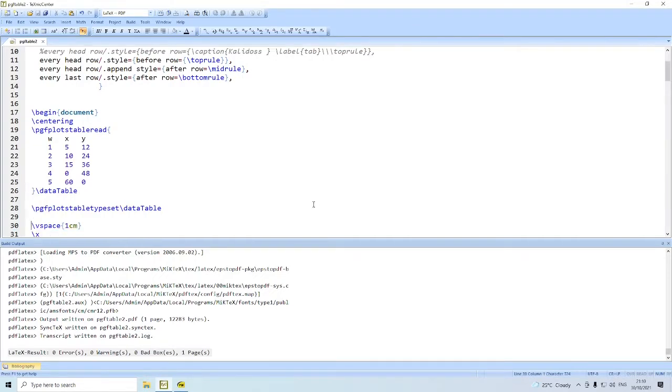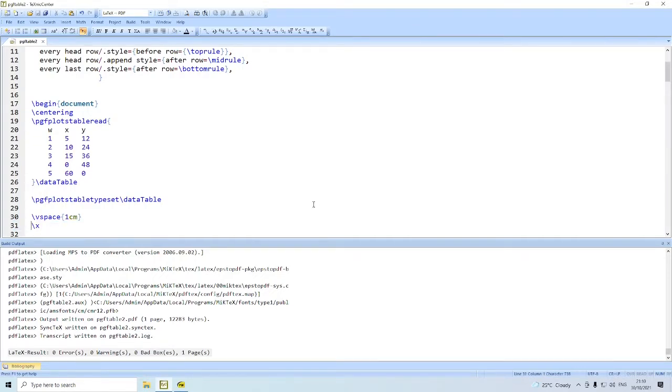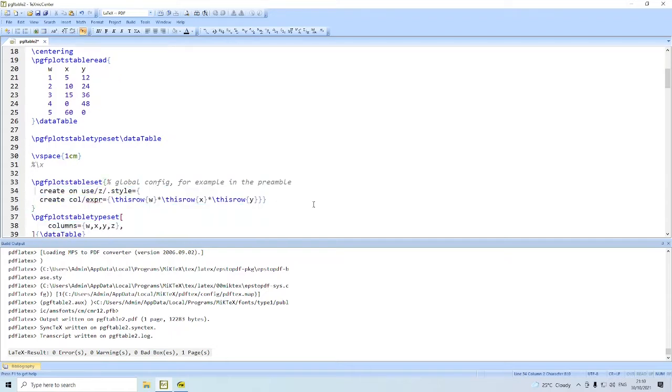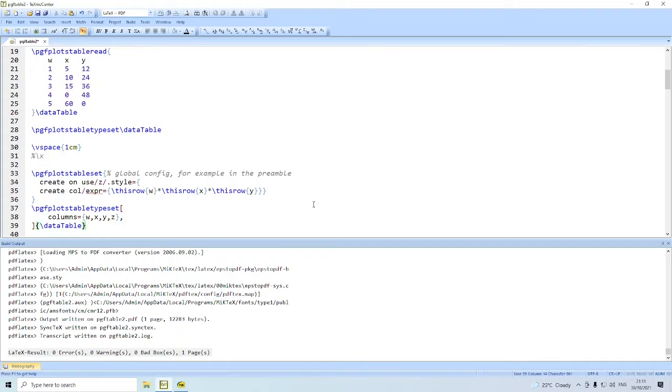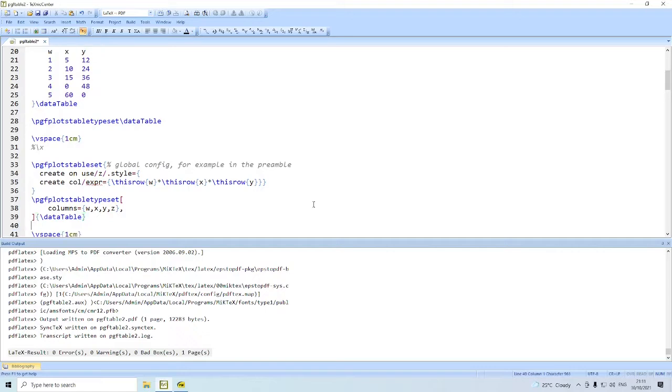Again, let us take the next case. We are going to create and use a column Z which has got a style like this. create on use Z, create col/expression equal to this row multiplied by this row X and this row Y. Then we typeset the resultant table using the datatable that we have already exported.